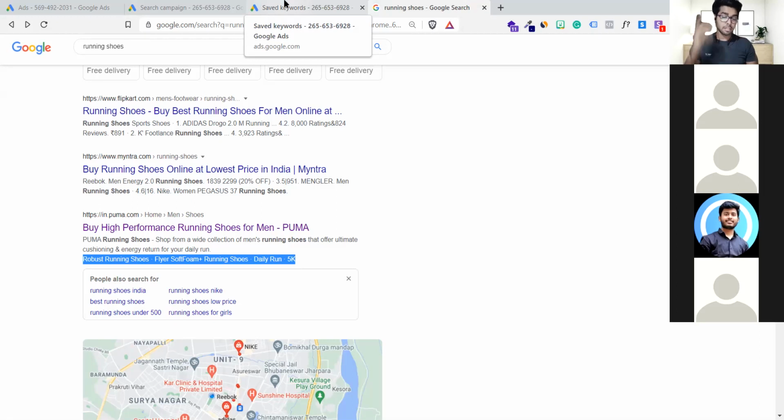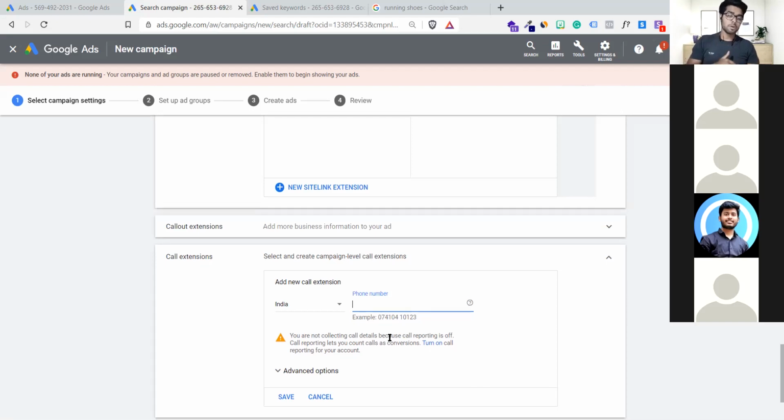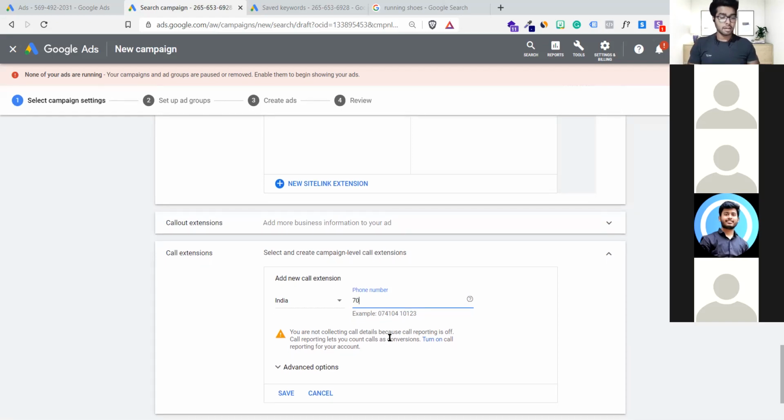You getting it? There is an option in Google Ad Campaign, as I told you in the very beginning, that you can drive traffic to the website, and the other is to drive traffic to calls. So people can straight call your store. And here Google is allowing you, along with driving traffic to your website, to also drive traffic to your call. So it totally depends on the person whether they want to visit your website or call you at once. So I can give my number right here.